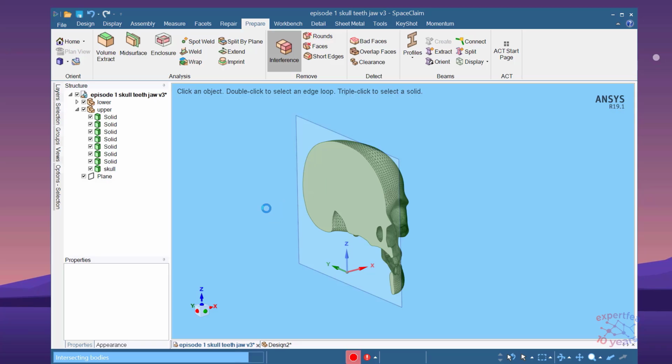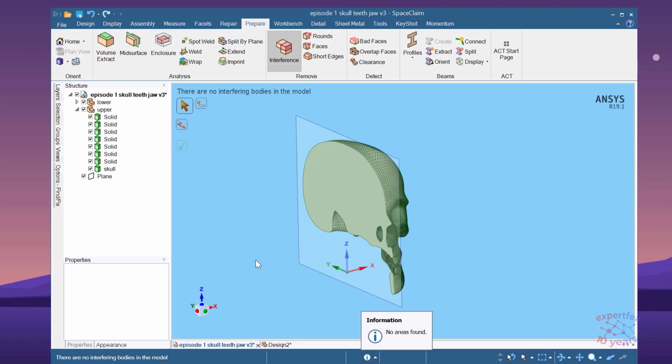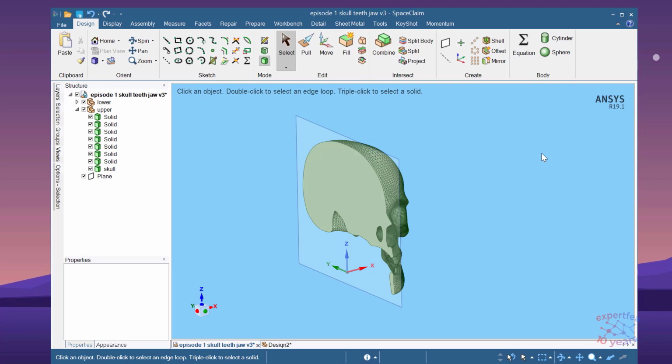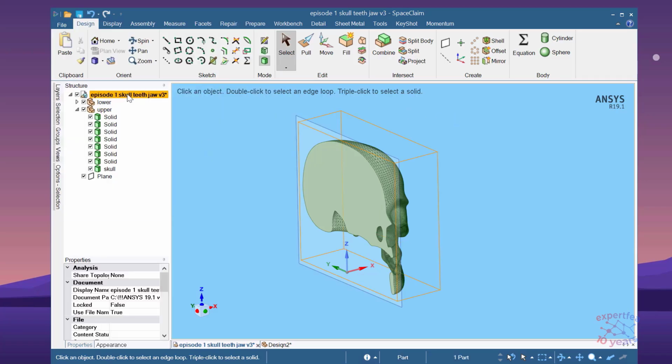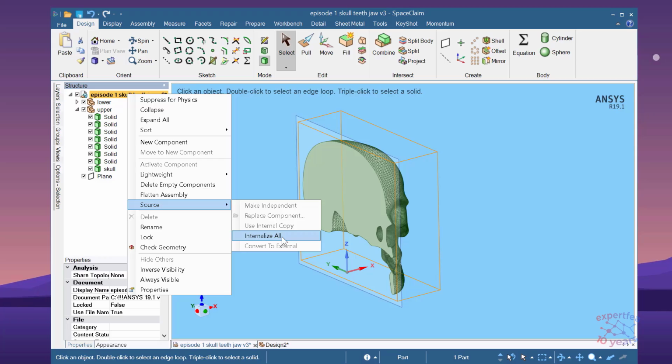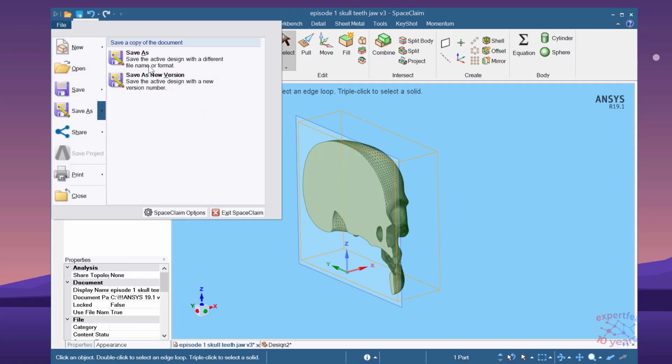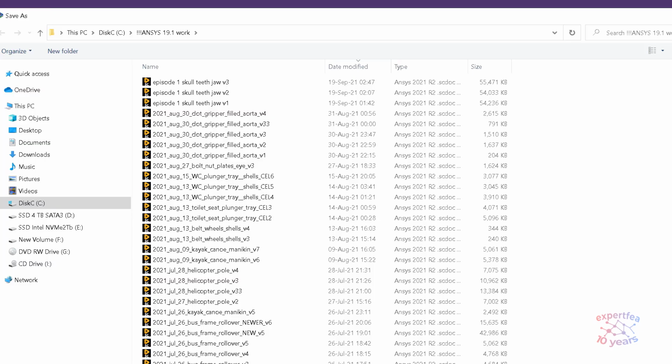Yeah, many facets, many calculations and computations for the computer, so we worked very clean, let's say. Let's say, escape. We will save it with another version. Source internalize all, file, save as version 4. And here we'll say something like full